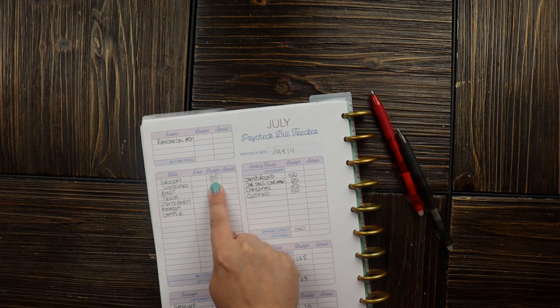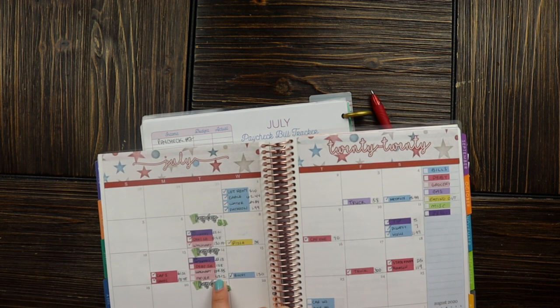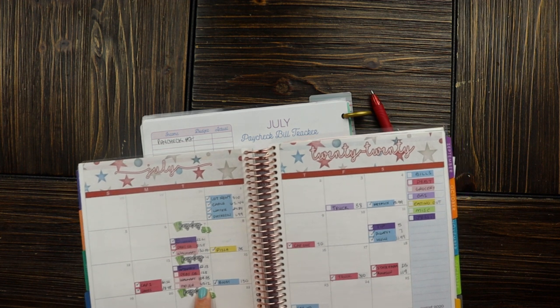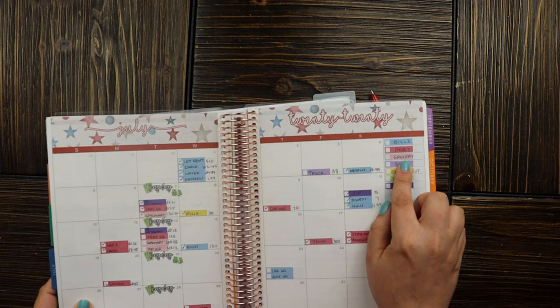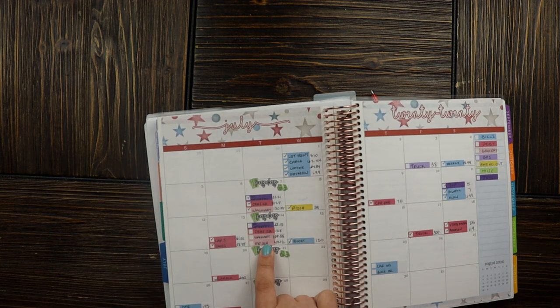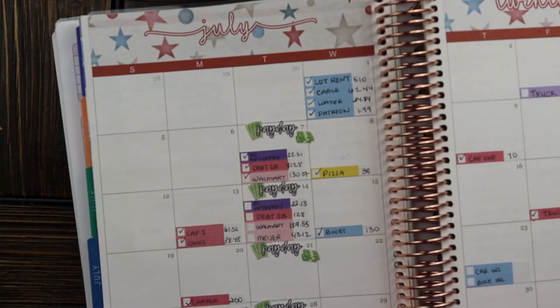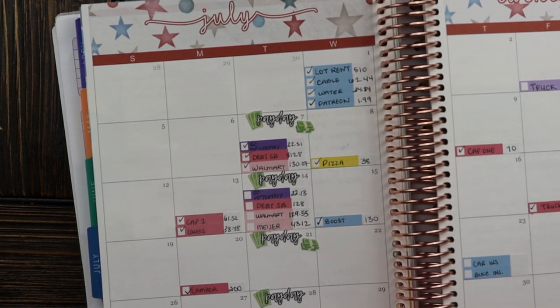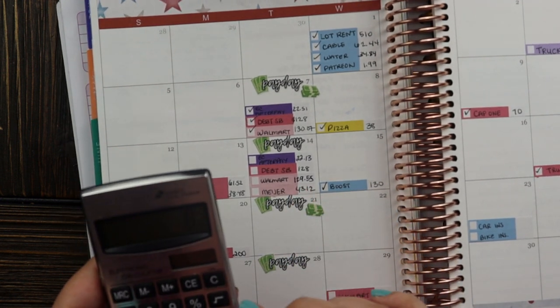I had $150 budgeted. I went to Walmart and Meijer this week for groceries. You can see here in my little key that this kind of peachy pink color is my grocery color. So you can see here on Tuesday, maybe you can see, I might need to zoom in a little bit. I'm a bit further away than usual. There we go. So you can see that from Walmart this week,